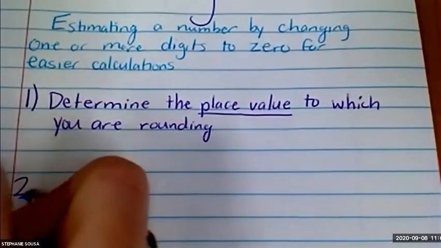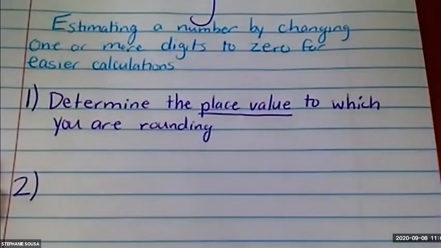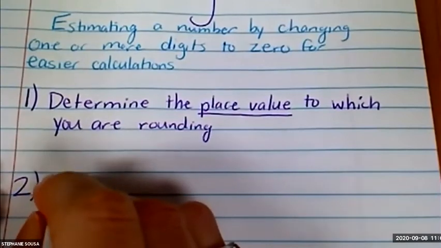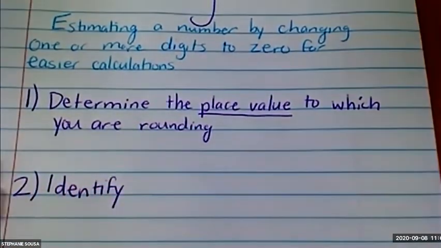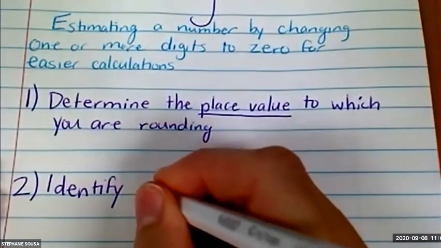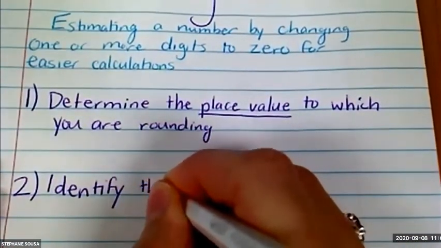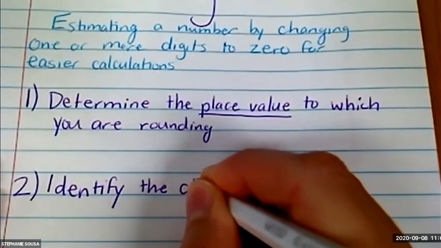Step 2 is identify the closest benchmark numbers. Identify is a word that we use that means find. So find them. Identify the closest